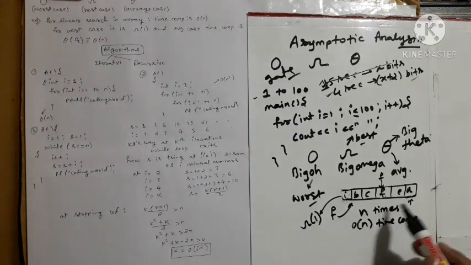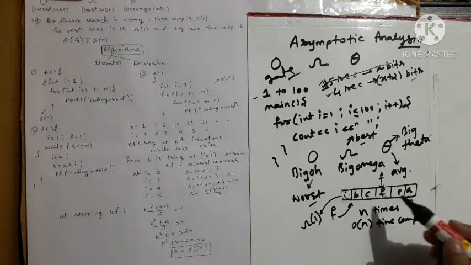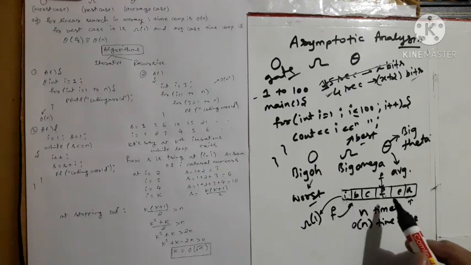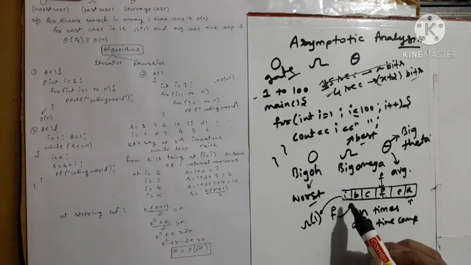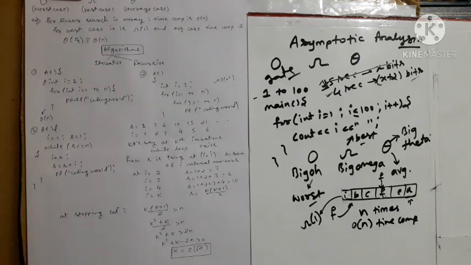So you can say that f is somewhere in the middle of the array, isn't it? So in this case, if we wanted to find the time complexity, we would traverse half of the array and then we would get f. When we are traversing half of the array only, then we are getting f. f is present, isn't it?